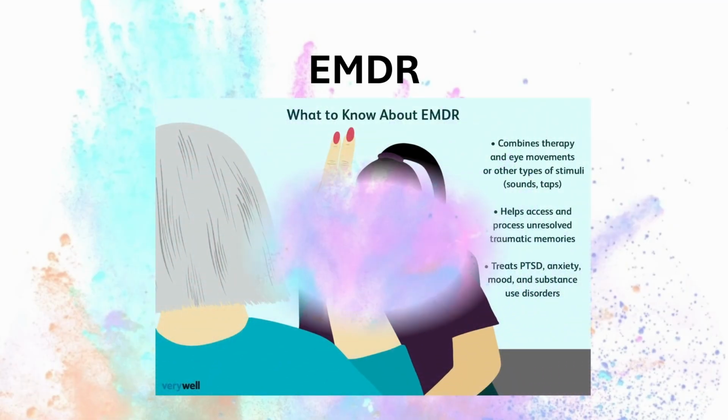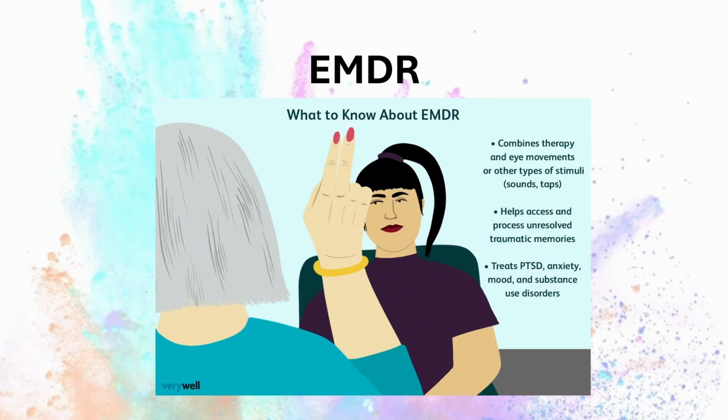During EMDR therapy, a person recalls distressing experiences while focusing on external stimulus, such as side-to-side eye movements, hand tapping, or audio stimulation. This process is believed to help the brain reprocess traumatic memories, reducing their emotional impact and allowing for healthier cognitive and emotional responses.